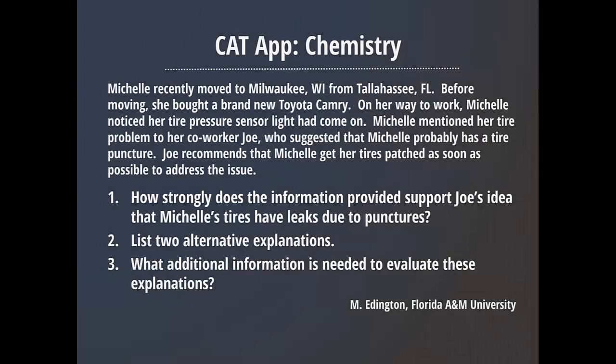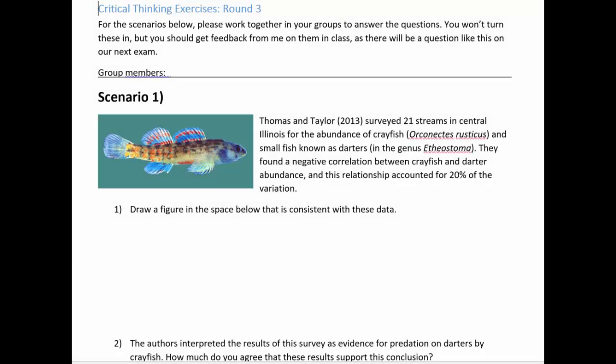Research has shown that students don't show improvements in critical thinking skills without intentional and explicit scaffolding, so each of us independently developed in-class critical thinking activities, known as CAT apps. These gave students practice in integrating information, interpreting figures, and developing alternative explanations. In other words, we tried to guide students into thinking critically. Our CAT apps were all specific to our own classes, but the same principle can be applied to all disciplines